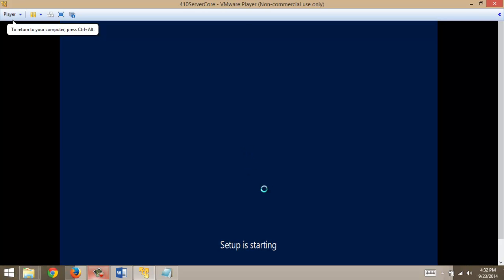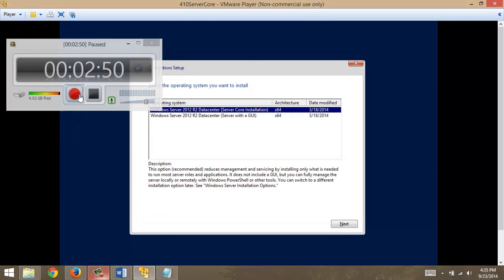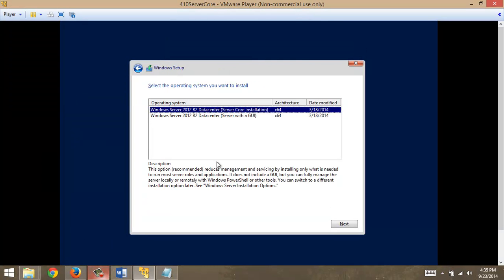Should have my license screen. Wait there for a minute. I put my key in. Okay, I put in my license key, and this is the difference between the previous servers. We're going to install core installation. So data center,